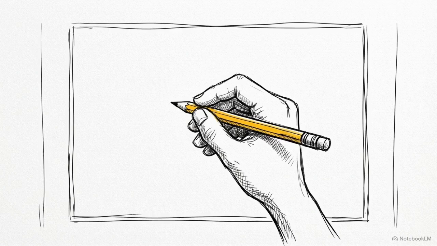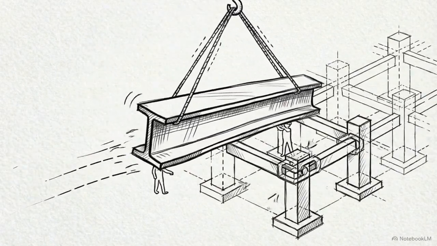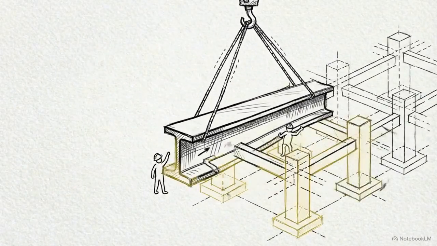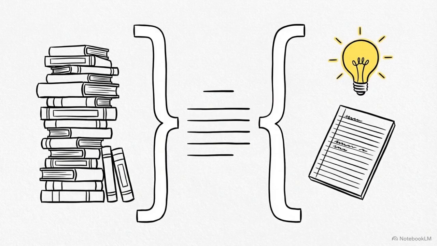Writer's block usually hits the moment you sit down to stare at a blank page, but that paralysis happens because you are trying to build a house before you have laid down the foundation. By the end of this video, you will have a color-coded structural roadmap. This plan identifies exactly what you need from your sources and where your own ideas fit in before you write